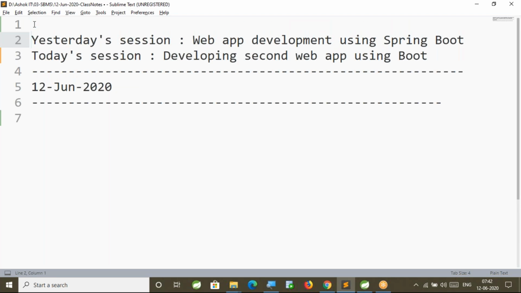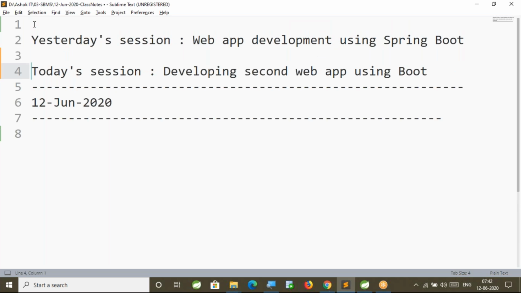Good morning, everyone. In yesterday's session, we discussed how to develop a web application by using Spring Boot. As part of today's session also, we are going to understand how to develop our second web application by using Spring Boot. Right. So first, what is the procedure that we need to follow in order to develop our Spring Boot application?